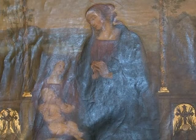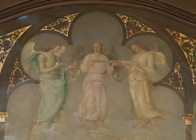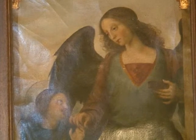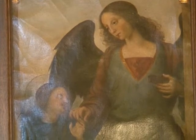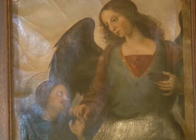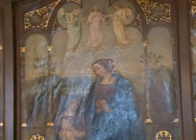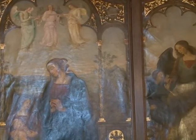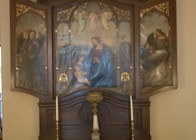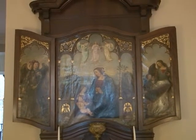In the center is the Virgin Mary with an angel holding the Christ child. Above it are three angels that are just incredible. On this side is the Archangel Raphael. Raphael is the angel of healing, and he's responsible for healing the earth and its inhabitants, and he's pictured here with Tobias. The artist Perugino was an avid painter in the 1400s, actually was the teacher of Raphael. There are several paintings of this genre, and the three paintings presented here are in the National Gallery in